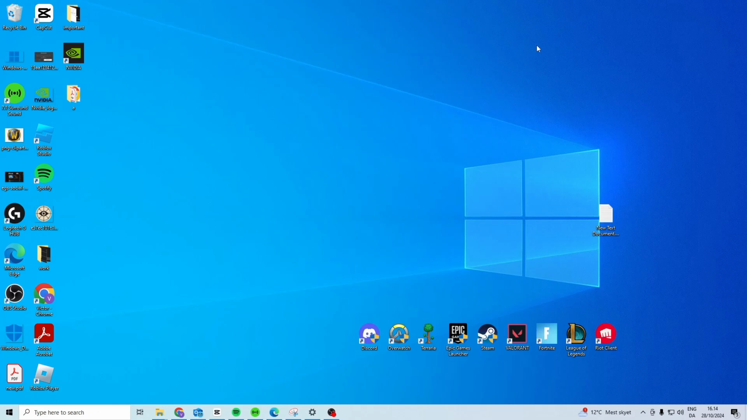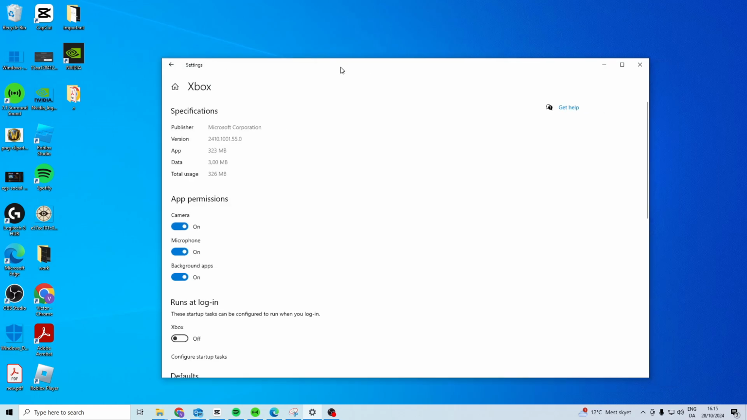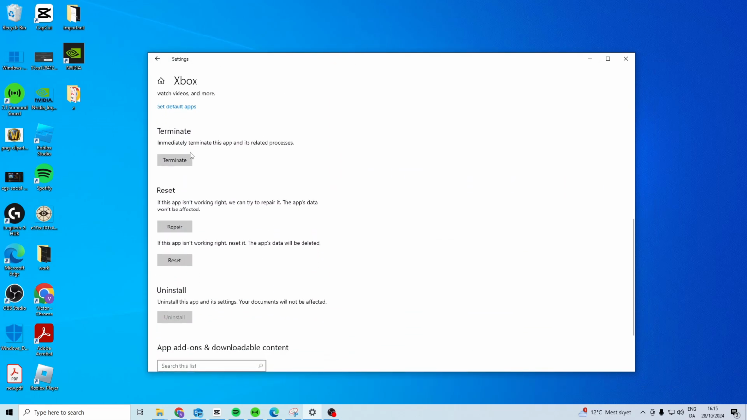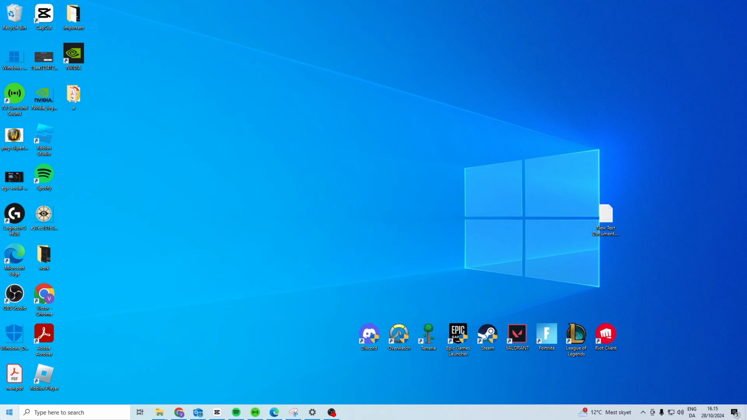In this video, I'll show you how you can fix Black Ops 6, the game has crashed error codes. Now the first thing that we want to try is we want to come down here and search for Xbox, right click on the Xbox app and go to app settings. Now in here what we want to do is press terminate and then press reset, and reset again. After this is done loading, you can close it down, and then what you want to do is head